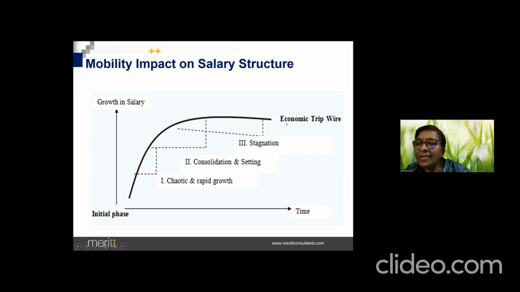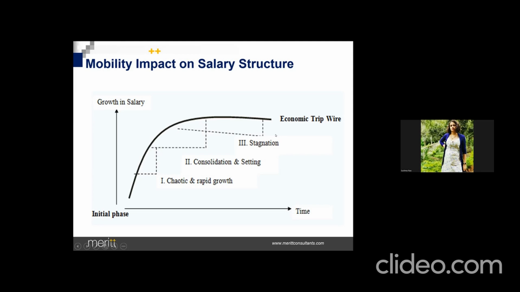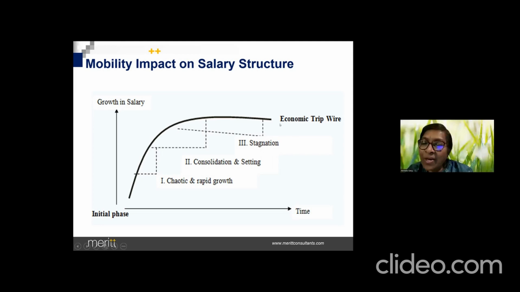Any guesses for anybody? It's a point where the reward, the outcome, does not justify the expenditure, exactly where it does not make any economic sense to do that business. So typically there is a curve with a stagnation point up to which you can increase the salary, after which you really cannot, because it does not make any business sense. The outcome does not appeal to do business.